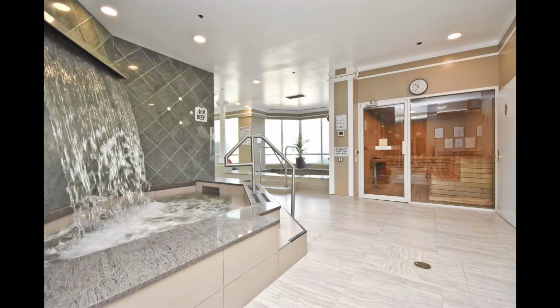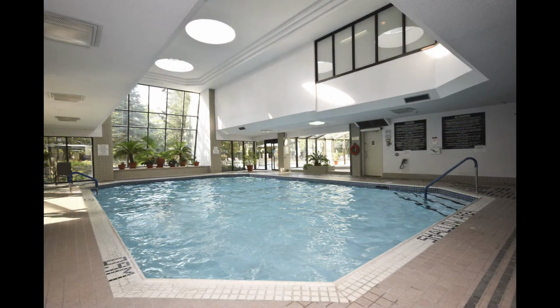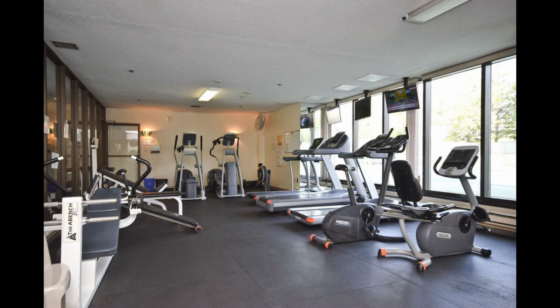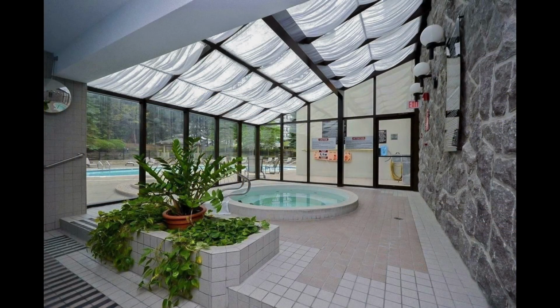Active owners enjoy a wide range of amenities with tennis, indoor and outdoor pools, party rooms for large-scale entertaining, and so much more. Don't miss this opportunity for maximum convenience and upscale living with plenty of room, style, and sweeping